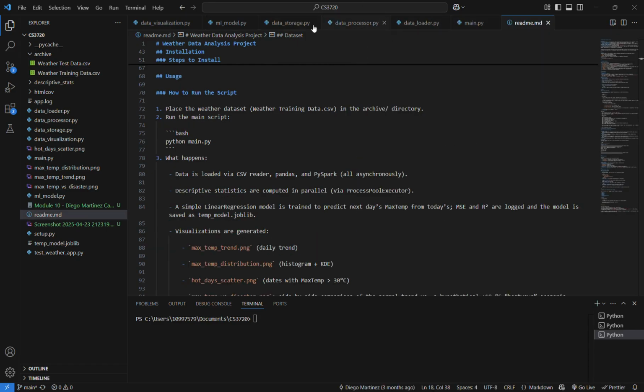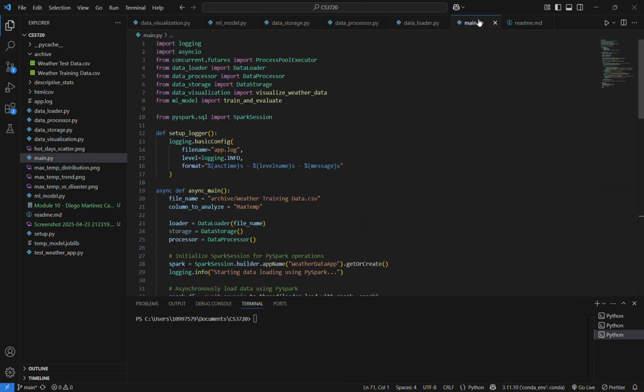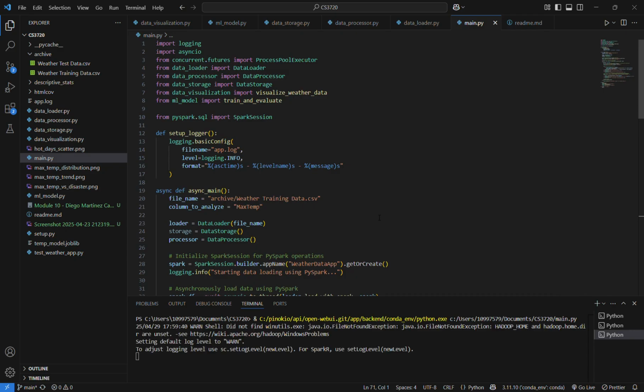or what I'm going to show you right now, I'm just going to run it here. It might take a minute to load all the information, but shortly we'll be able to see how PySpark helps us visualize this data. Additionally, one of the last pictures that we're going to be seeing is the ML model. This is something that was included in the very last